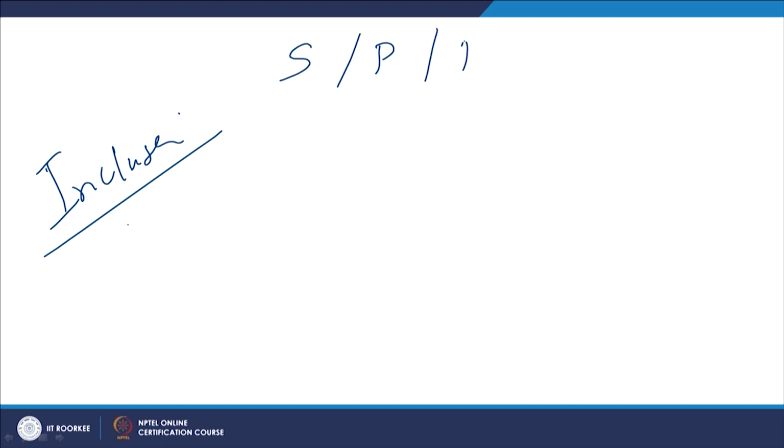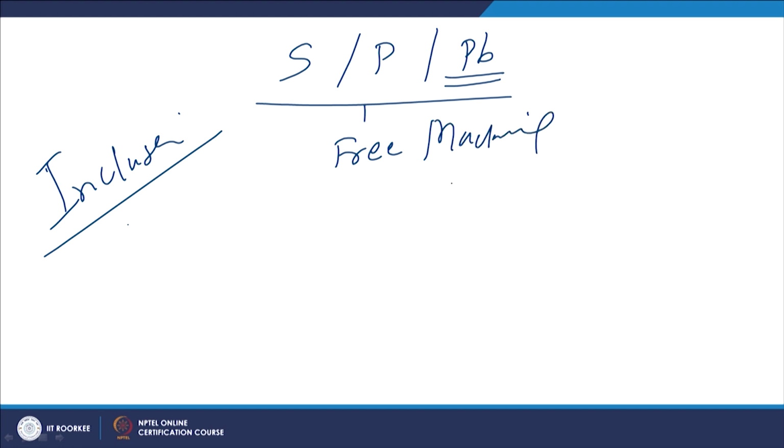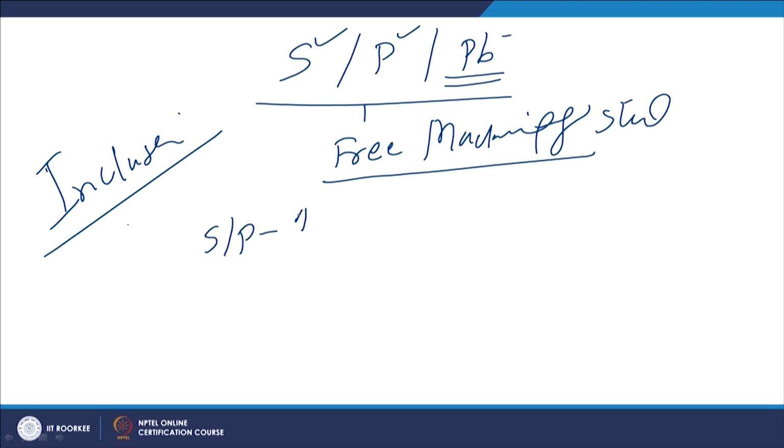Then another aspect is the inclusions. As I have said, the carbon steel is sometimes intentionally resulfurized or rephosphorized, or sometimes intentionally added with lead. These additions are primarily done to make the steel free machining type. These will be there as inclusions and will promote discontinuous chips and reduce the cutting forces required for the machining purpose. So, the free machining steels are made with the addition of sulfur, phosphorus and lead. When sulfur and phosphorus are present in a higher percentage in the steel, these promote low melting point constituents in the weld metal,